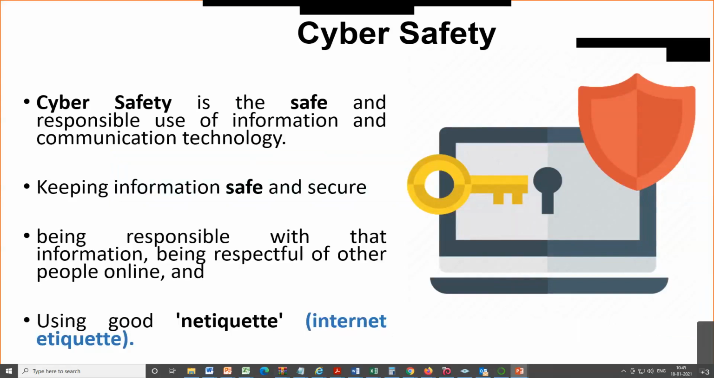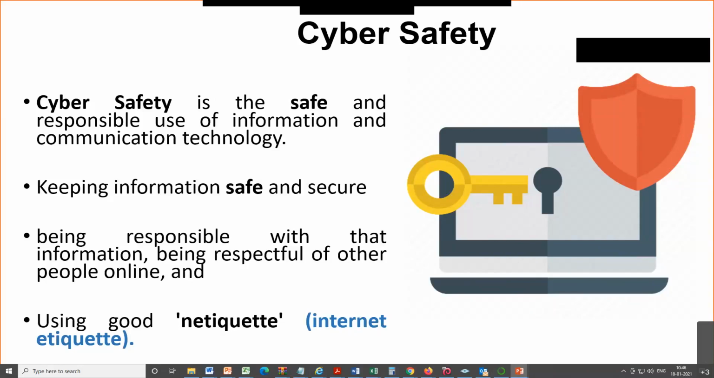if you want to use a mobile or some kind of ICT, how to use those devices safely to protect your personal information. So as an individual, to protect your information, you need to practice some activities where you can protect those devices, so that you can keep your information safe and secure. That means you should be responsible with the information that you have,